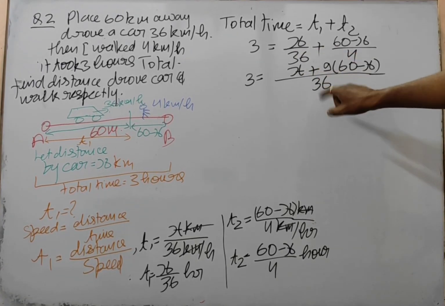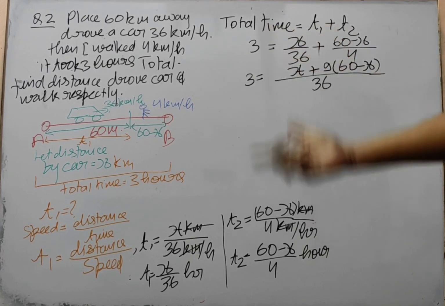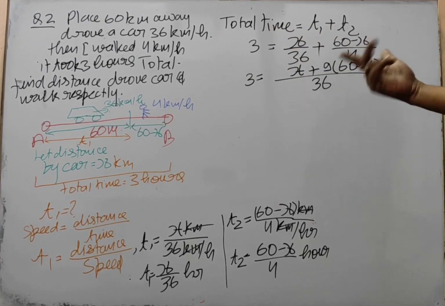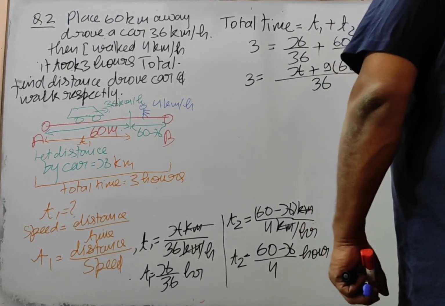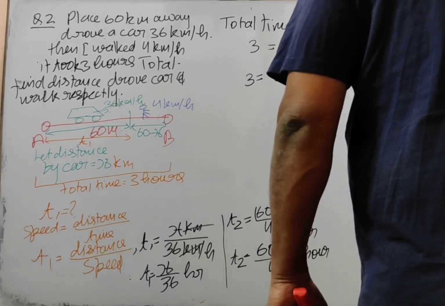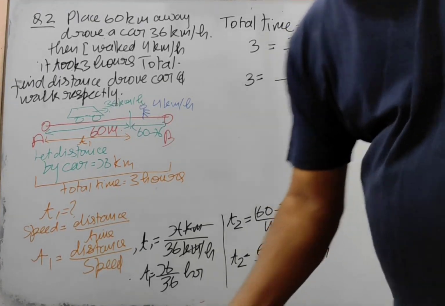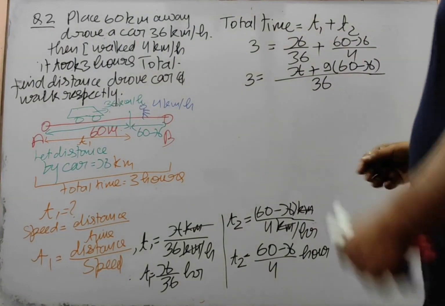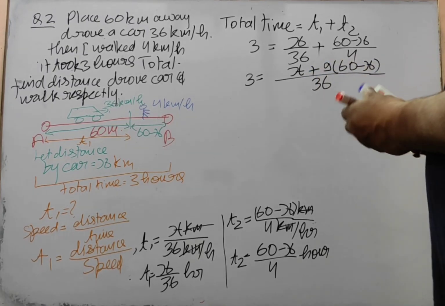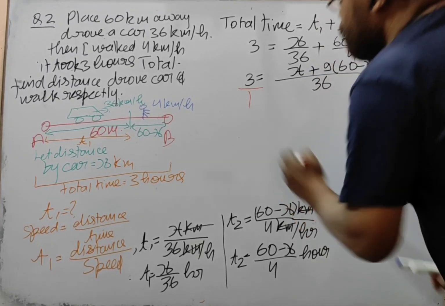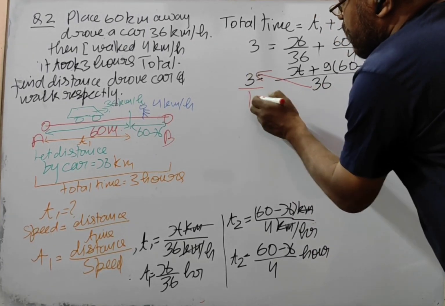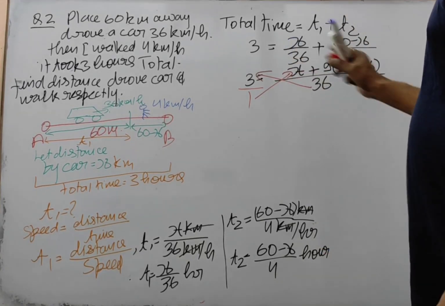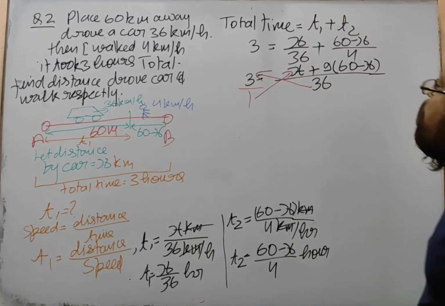When 36 divided by 4, we get 9. And 9 multiplied by 60 minus x, we get the value, right? So nice. Now what we do, I take 1 in the denominator and then cross multiply. When I cross multiply this, then you get